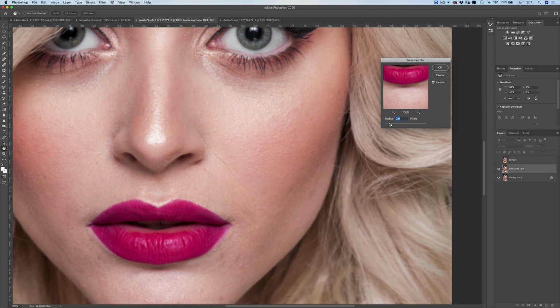Let's start to slowly increase our blur radius until we find a spot where we do not see the pore texture anymore.